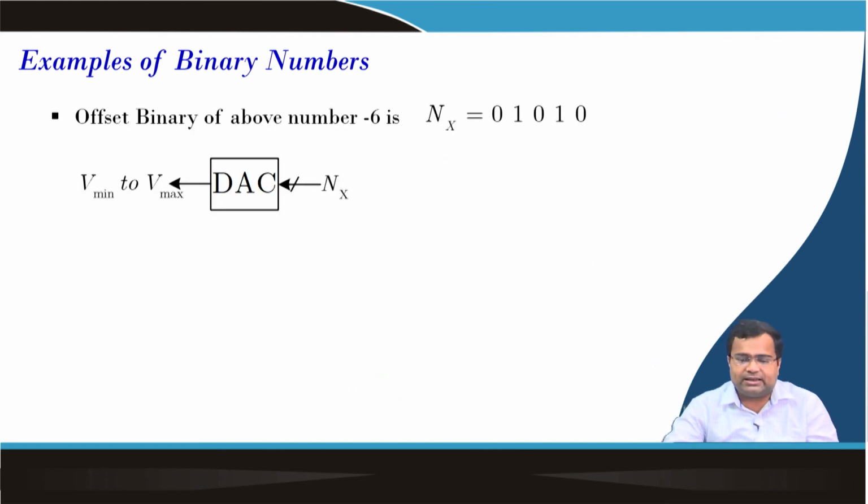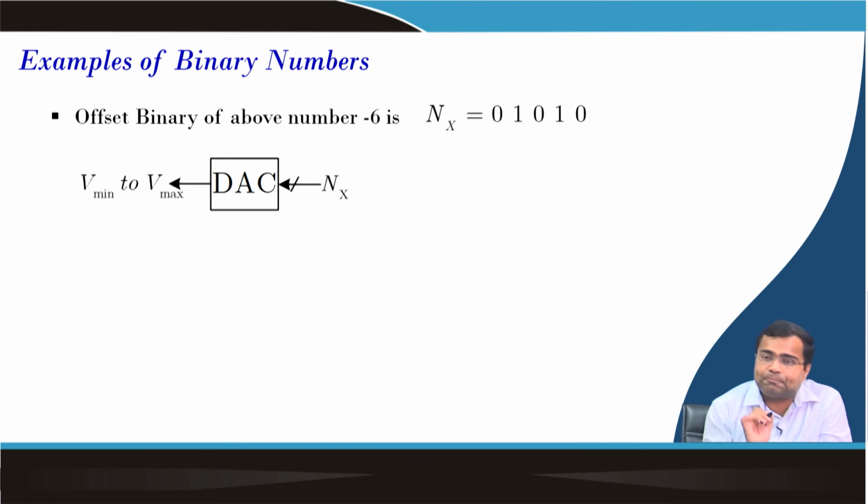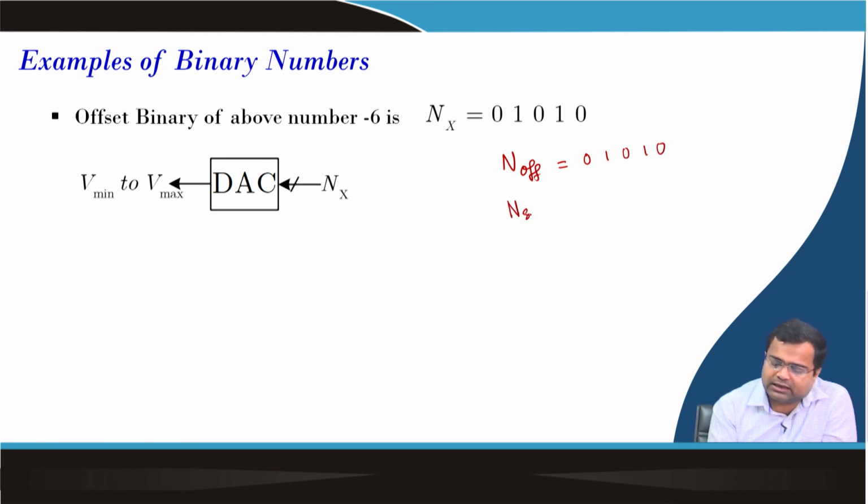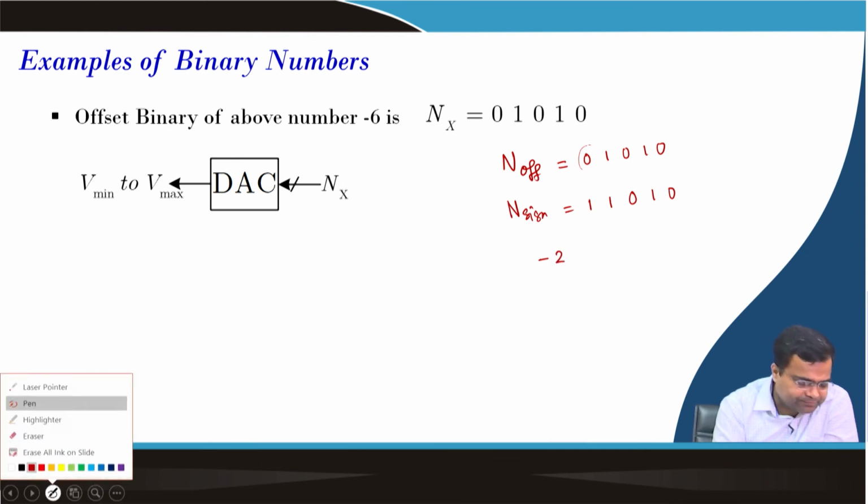So, if it is an offset binary A to D converter, then what will be the offset binary? Offset binary means the complement of the MSB. So, if we are talking about offset binary, which is represented by 0 1 0 1 0, we need to understand what is the sign value of this. This bit has to be complemented. So, 1 1 0 1 0, which means